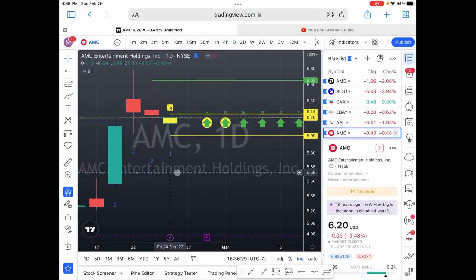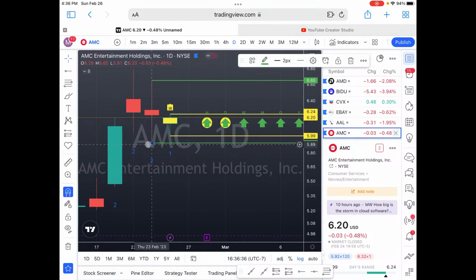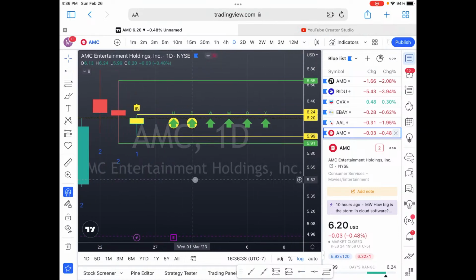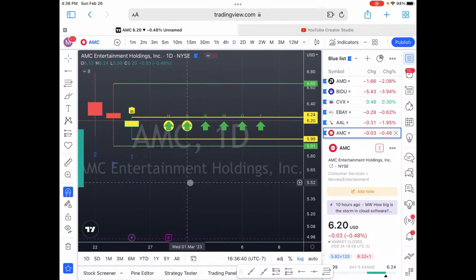Move on to AMC. There's this inside bar again that you see on AMC. I'm going to put a target to the bottom for you guys because one's not marked out there. And something that people don't talk about, and I think there's a video at the end of this one, or at least there should be or will be, on timeframe continuity. And if it's not at the end of this video, make sure you go check it out on my channel. So timeframe continuity is basically when you have, this is an hour, this is showing on the hourly,